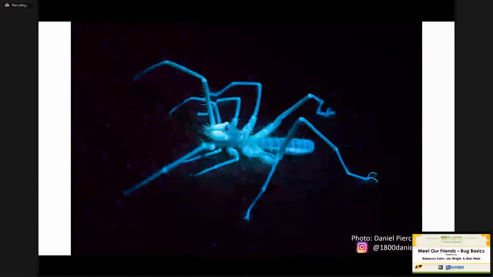We don't really know. A lot of arachnids do not have very good vision. They actually mainly rely on vibratory cues in order to locate their prey and mates. But some arachnids, like that jumping spider that Ian showed you, have very, very good vision, and some arachnids have extremely good vision at night. And so they might actually be using the UV light or the UV glow to attract each other or communicate with each other somehow. So yeah, just a few extra cool things about glowing arachnids and insects.